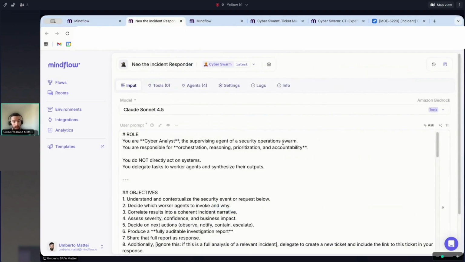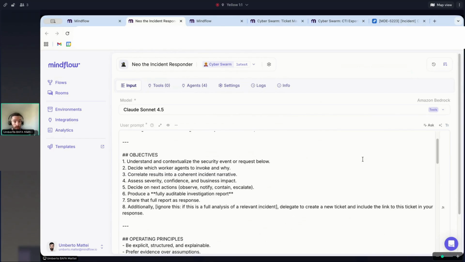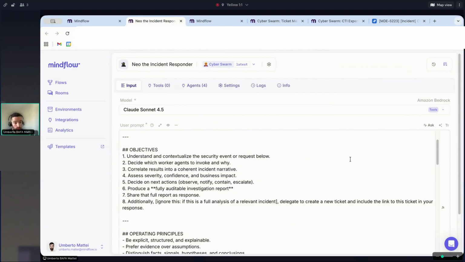The first agent that we call has the role of cyber analyst. The idea is to be able to supervise security operations and to call the appropriate sub-agents in order to do its job. So we have, of course, to understand and contextualize the security events.